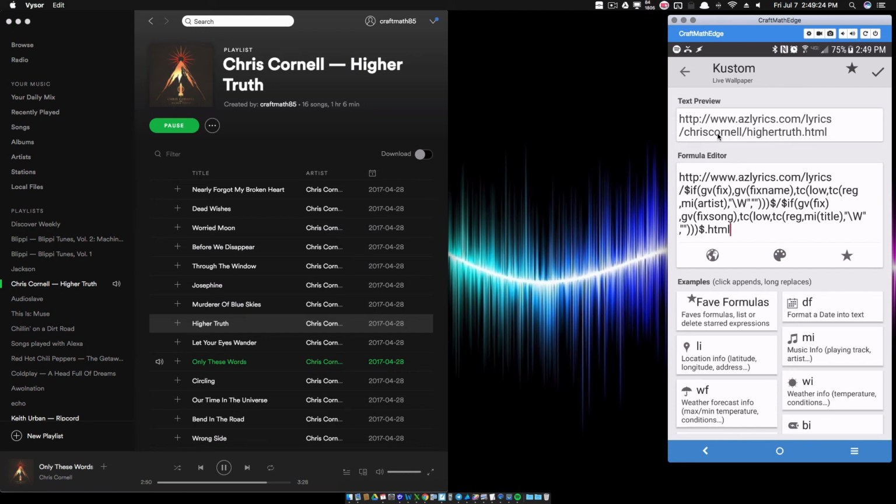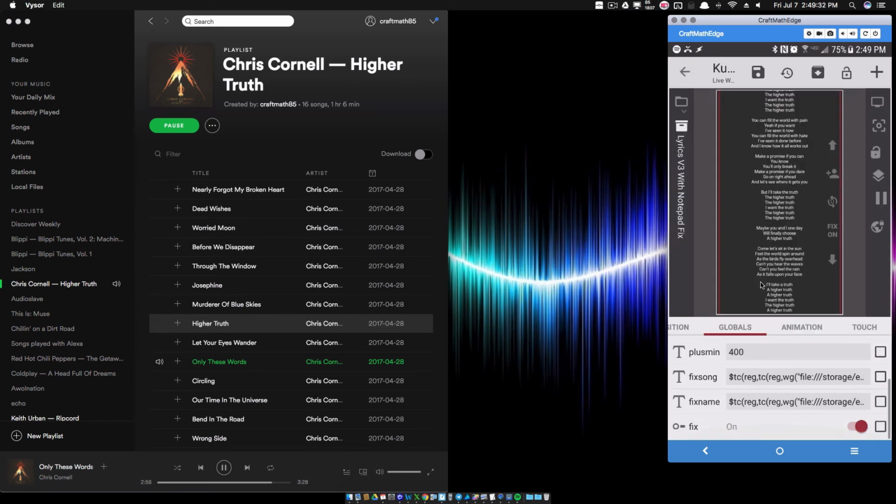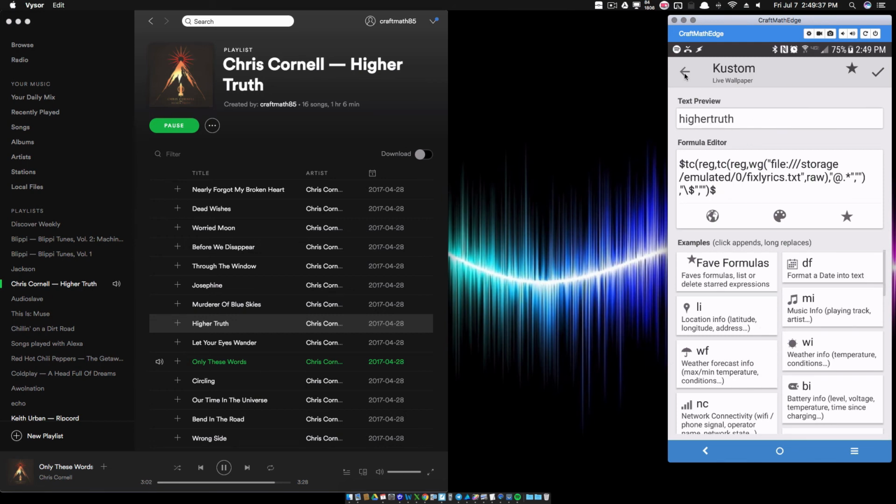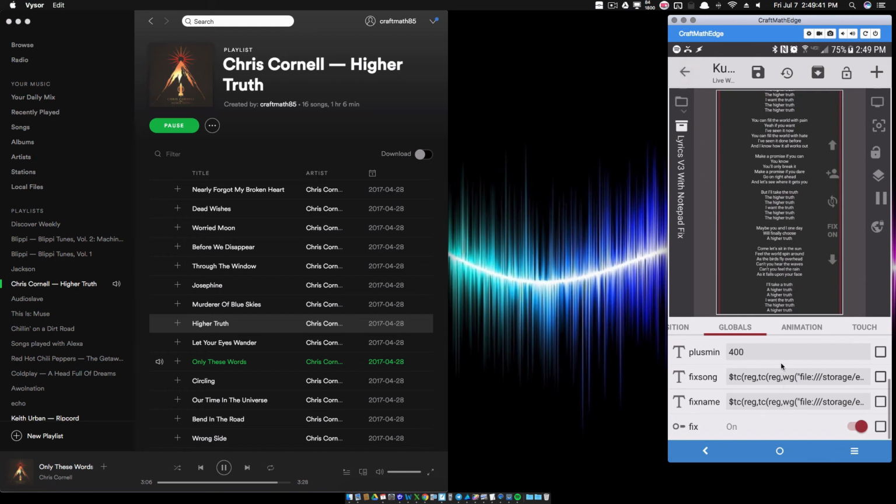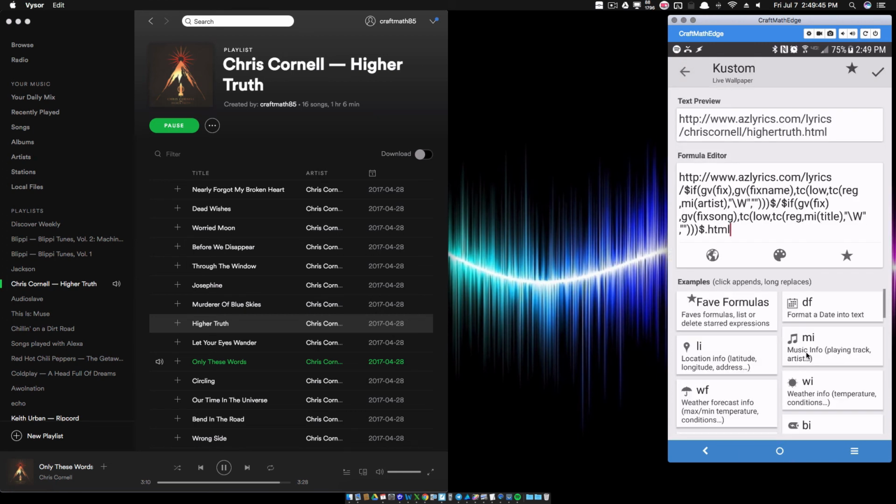Since my GV fix is on, it's going to use that GV fix name and that GV fix song. Those are the two text global variables we have right here. As you can see, fix song is Higher Truth, and the fix name is Chris Cornell. That's what's showing up in this URL now because I have my GV fix on. As you can see, Chris Cornell, Higher Truth.